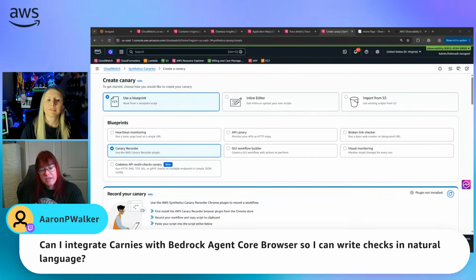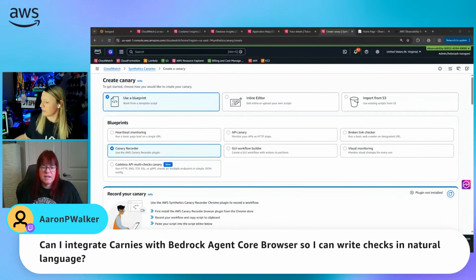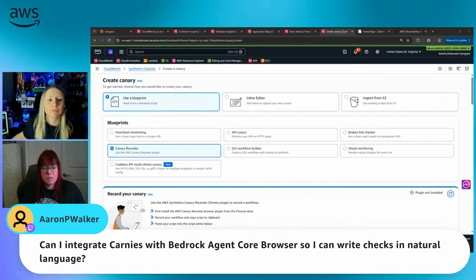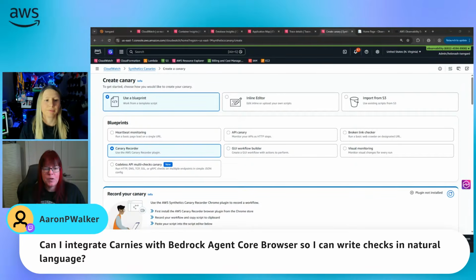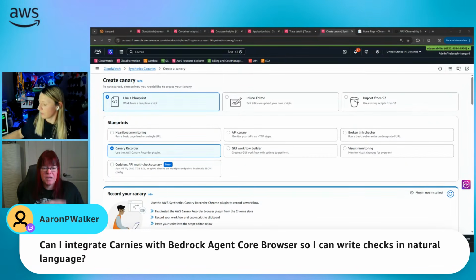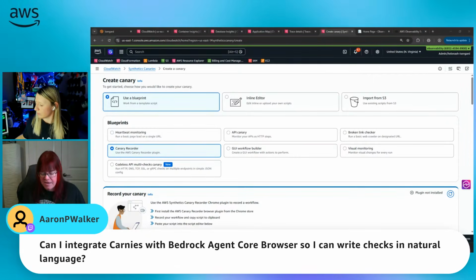AgentCore, which is part of our AI platform for those that don't know, has a specific set of observability. I don't have a demo to show you, but it's focused on observability of AgentCore, and that's right in the CloudWatch console. It looks at things like tokens and you can connect into evaluations. That's probably deeper for another session, but you can observe your AI with an out-of-the-box experience with opinionated dashboards and stuff.